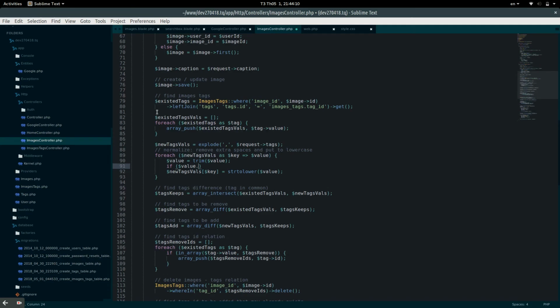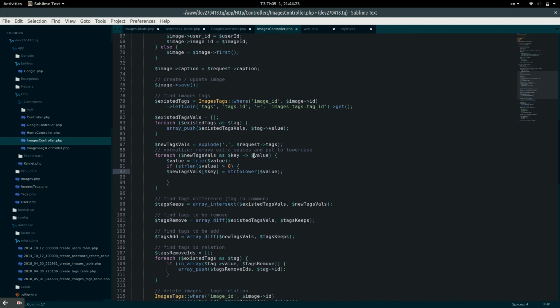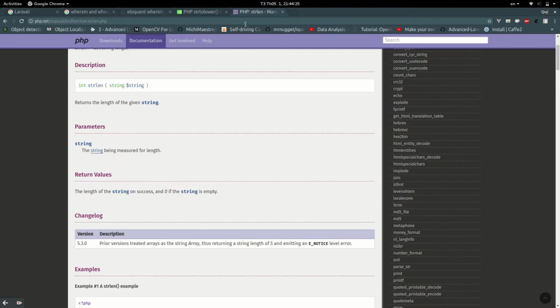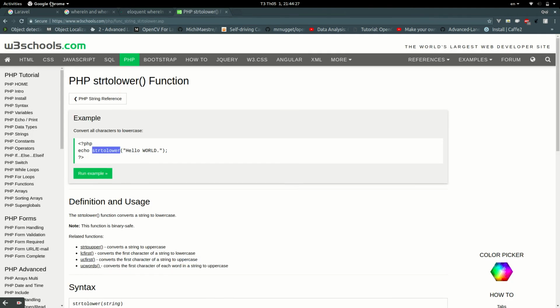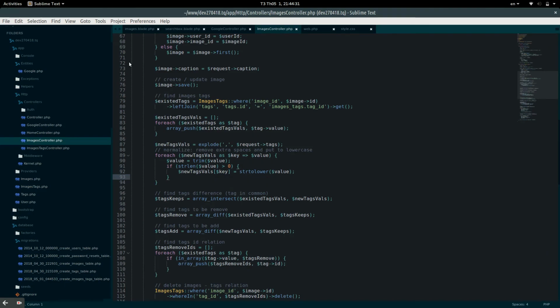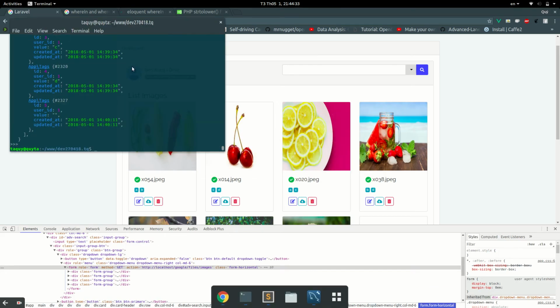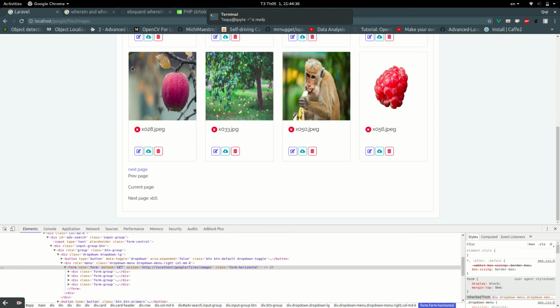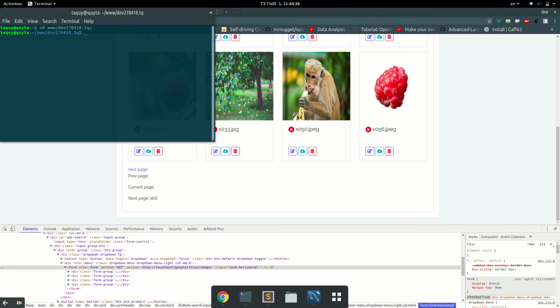I'm pretty sure they use string length this one. And we will process this one. Okay, let's just remove all of them and we try to make everything okay and see